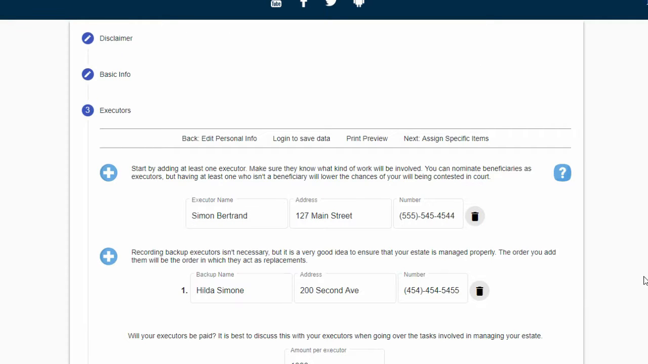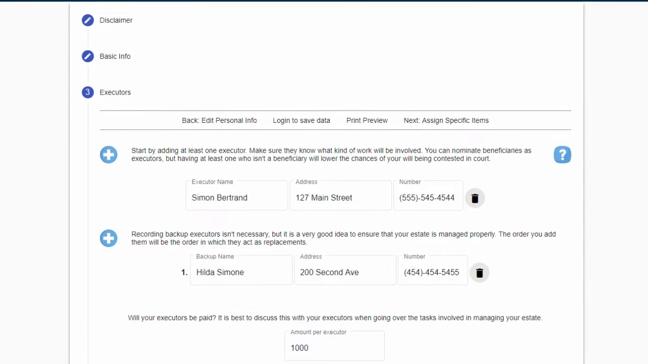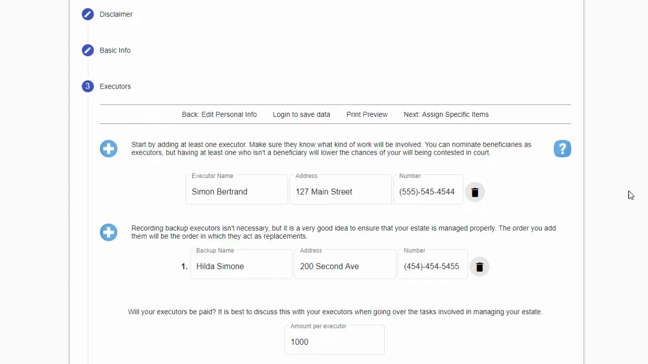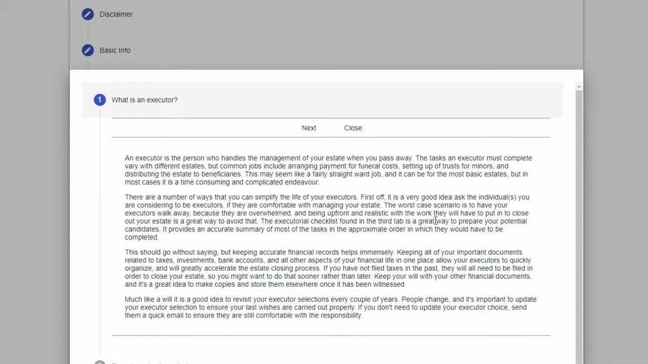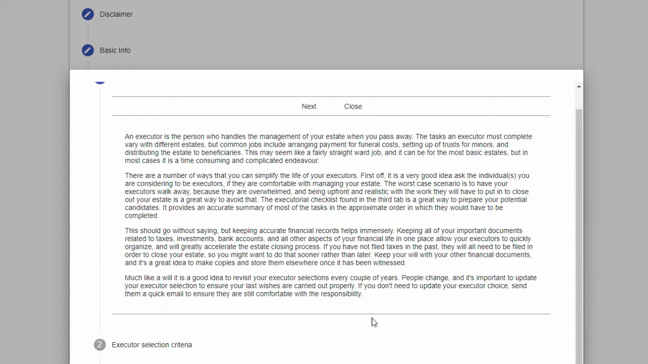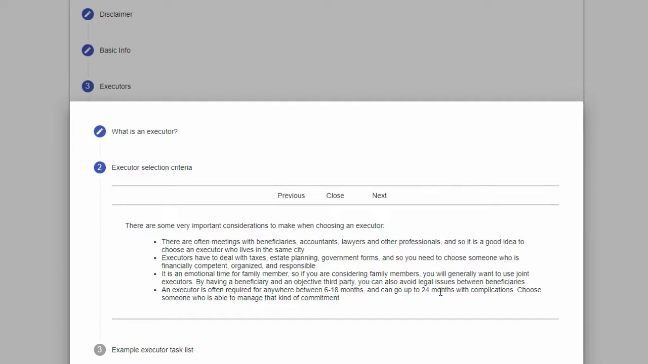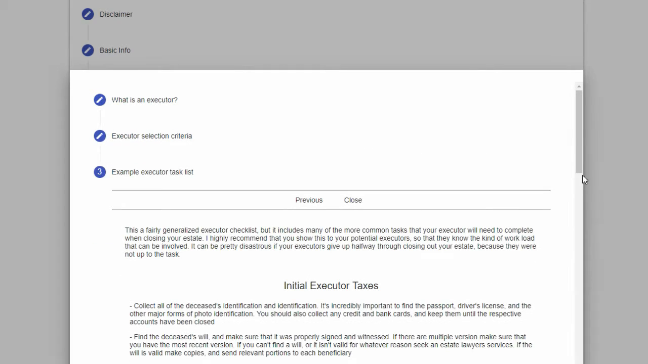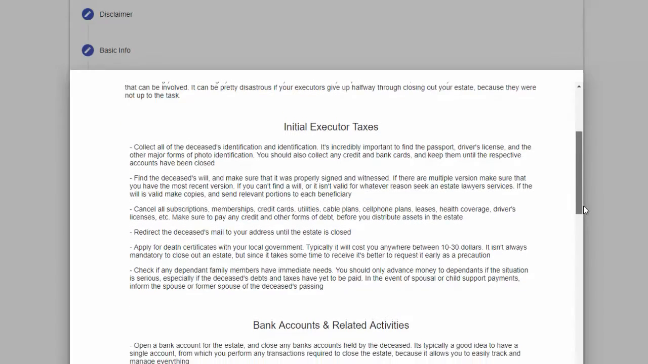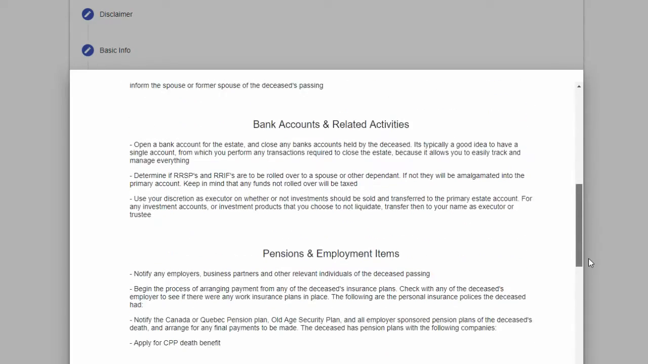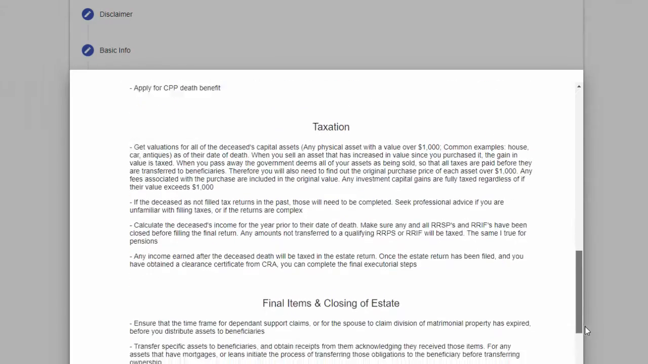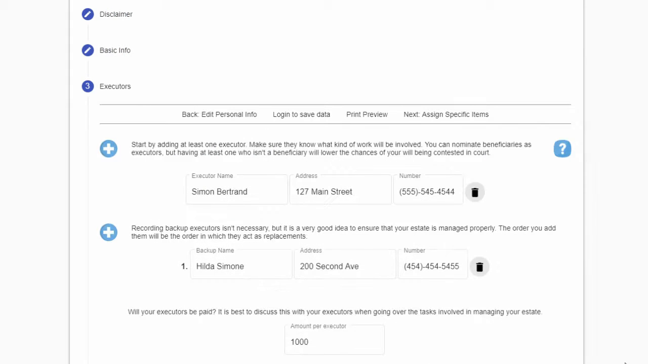The next section is going to be looking at executors. And so if you're not familiar with what an executor is, there's a great information section here that goes through what it actually is, criteria you want to look at when selecting executors, and also an executor task list that goes through some of the more important things your executors might have to do or probably will have to do when closing out your estate. But just in quick form, an executor is essentially an individual who manages and closes out